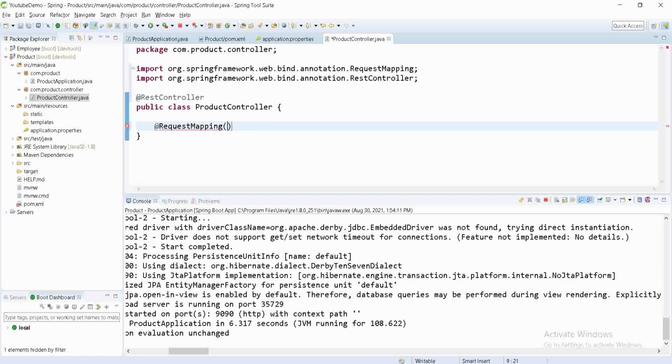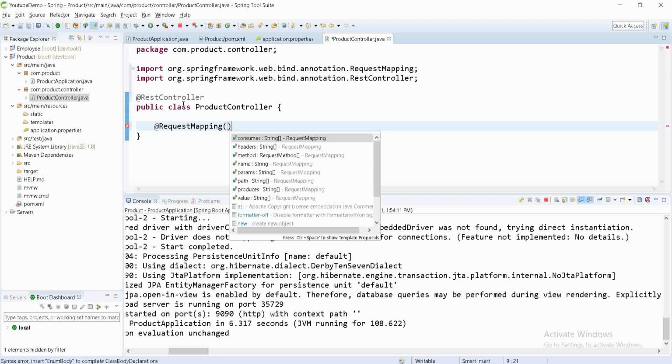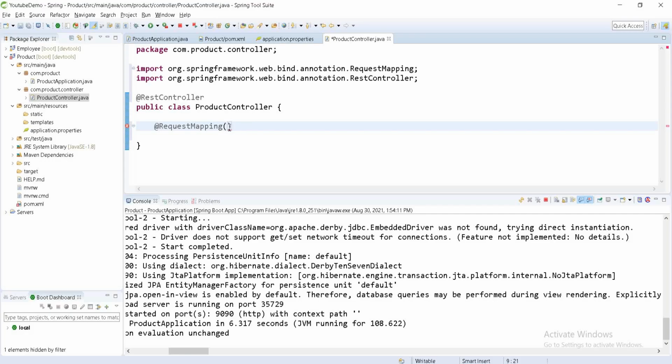In that we need two parameters. One is value and the second is method. In the value we have to pass our API name, so here I'm going to give test, and the method is which method we are requesting. So we have to use the RequestMethod, and you have to specify which method you are going to use.